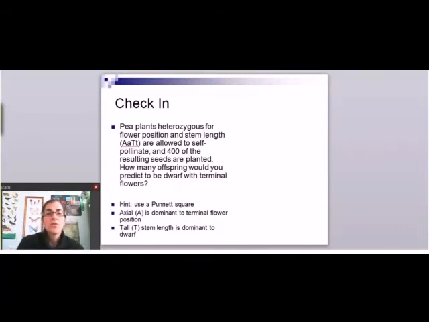So let's walk through a dihybrid cross. So this is a question. Pea plants are heterozygous for flower position and stem length, and they're allowed to self-pollinate. 400 of the resulting seeds are planted. How many offspring would you predict to be dwarf with terminal flowers? So start with my parents, who are double heterozygous